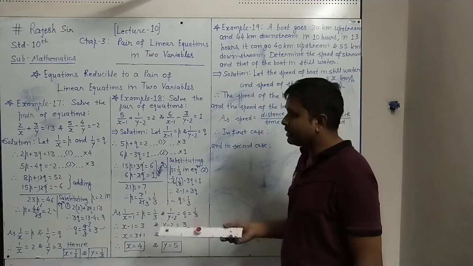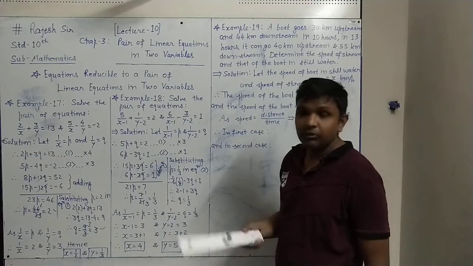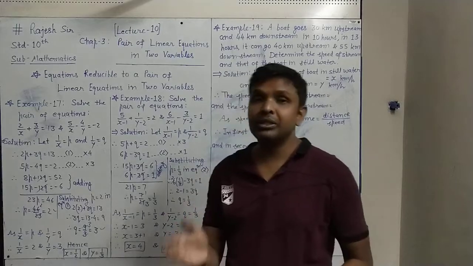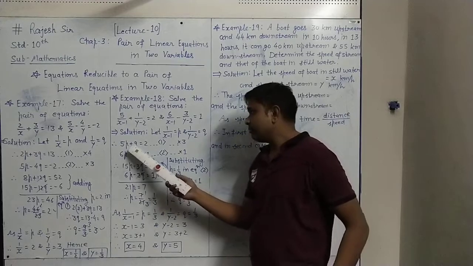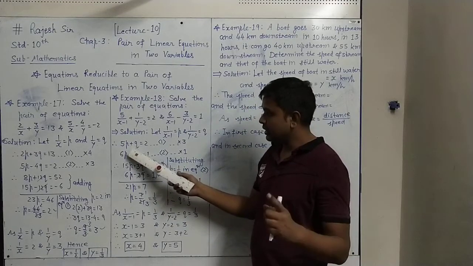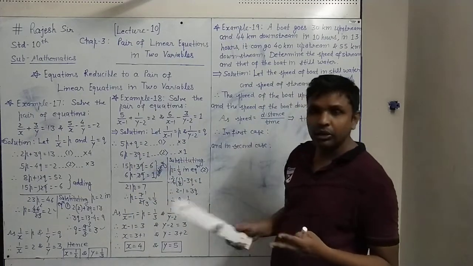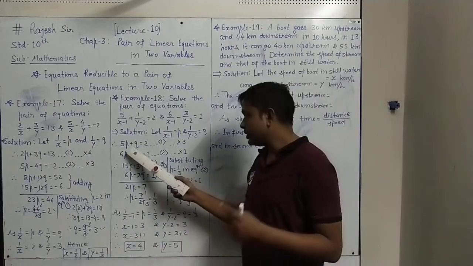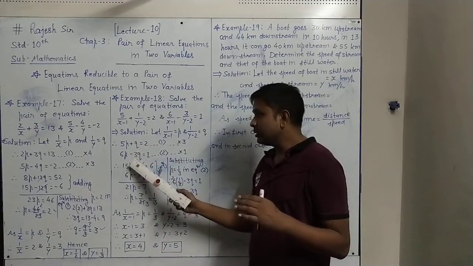You can solve by any method. Again I have solved by the elimination method. Elimination method means any one variable should be eliminated, and we can eliminate a variable if its coefficients are equal. So again I am eliminating q. The q coefficient here is 1 and here is 3. LCM of 1 and 3 is 3. So we will multiply the whole equation to get the coefficient of q as 3. Here q's coefficient is 1, so we have to multiply by 3 to get 3 here. And here 3 is already there.